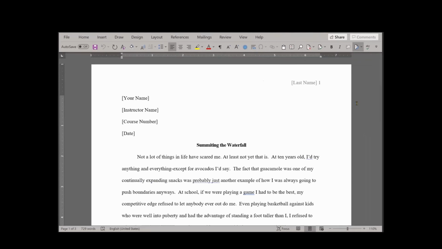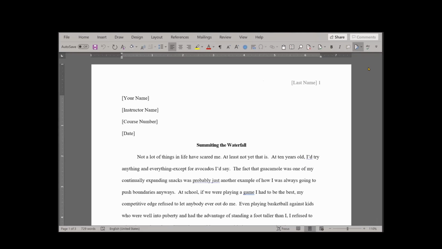So here we are in a student essay. This is a first pass essay from a student who gave me permission to use it. And I am in Microsoft Word, and I'm using what we call a quick access bar up at the top. These are commands that I have found that I use quite a bit, so I just made a little quick access bar, and that's why you don't see the whole ribbon. But in any case,